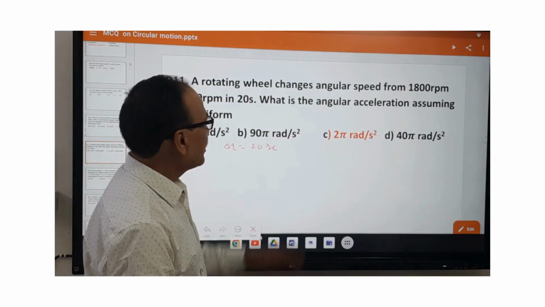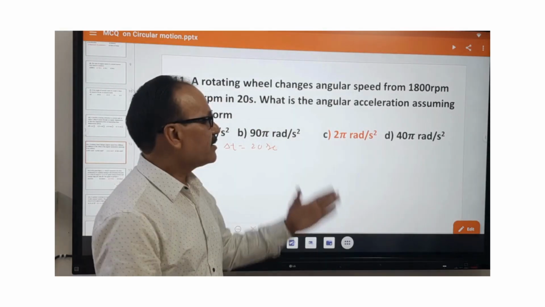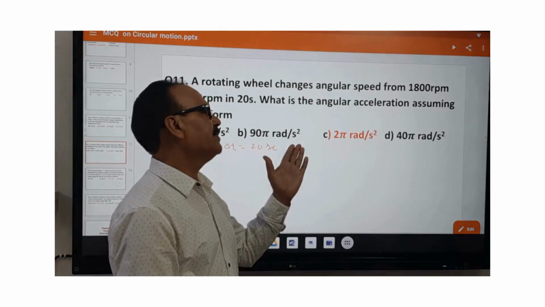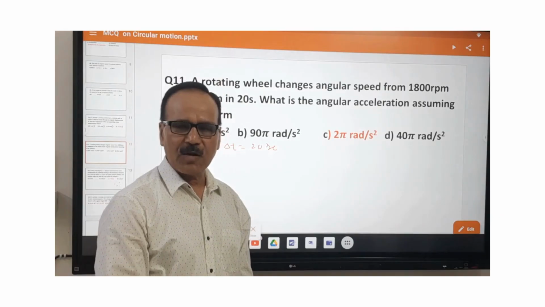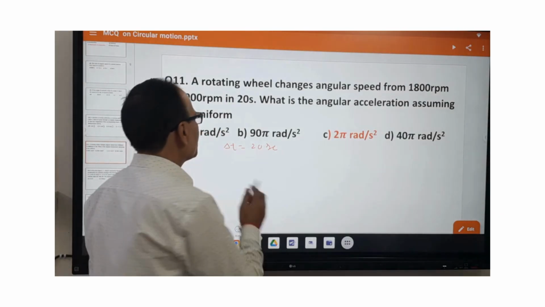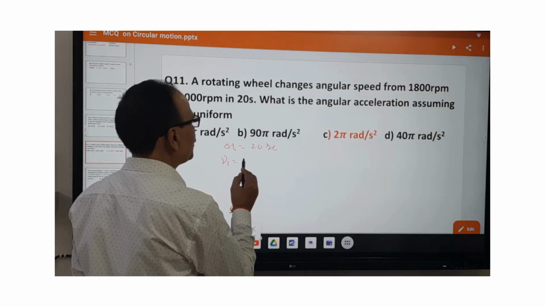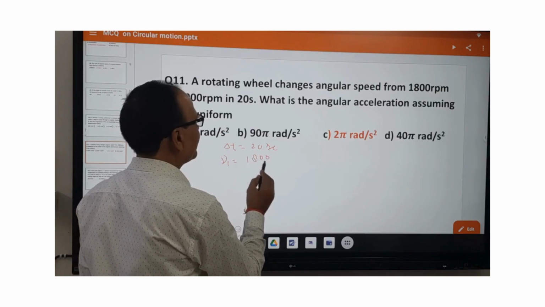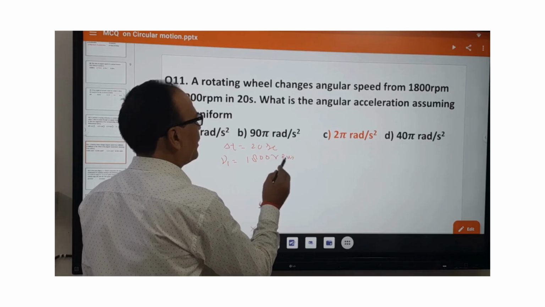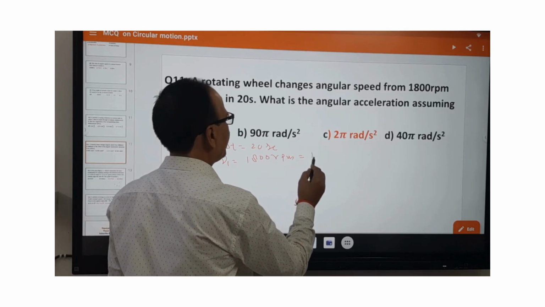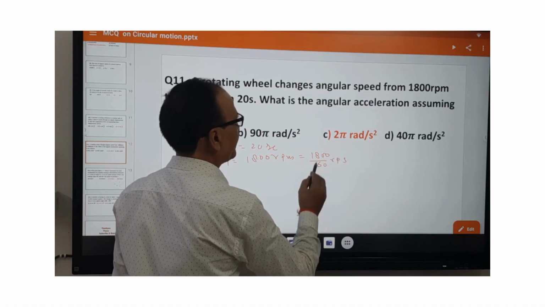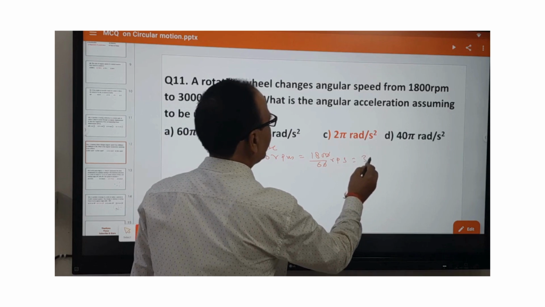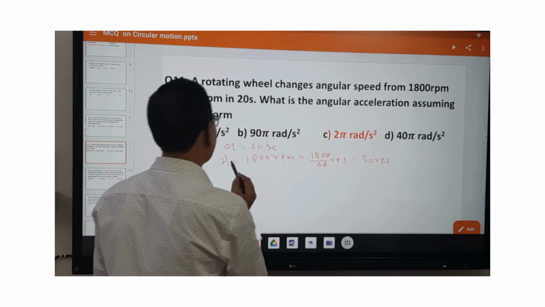not the angular speed. It is, you can say, a misprint, and it generally occurs in every book in this type of problem. So this is frequency nu 1 is equal to 1800 rpm. Revolutions per minute is equal to 1800 upon 60 revolutions per second. 30 rps is the frequency. Corresponding